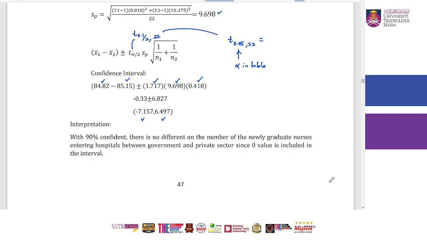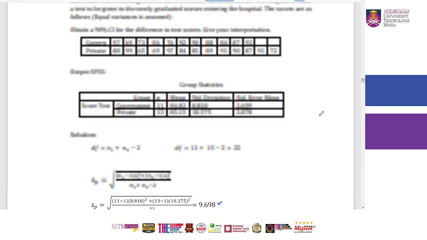Remember, when we want to test for differences, our null hypothesis H0 is that mu1 is equal to mu2, against our alternative hypothesis that mu1 is not equal to mu2. So if you observe here,